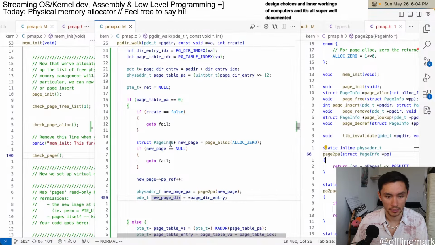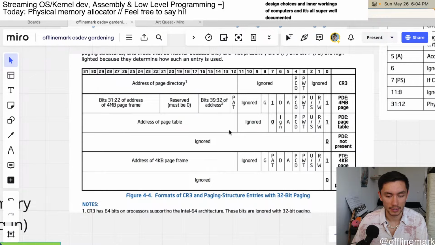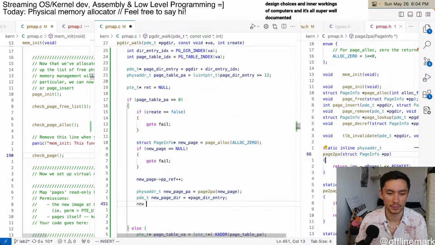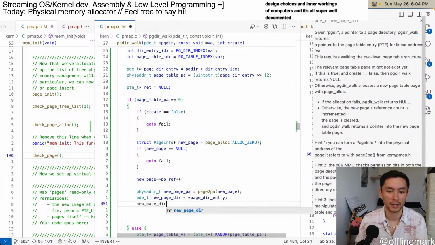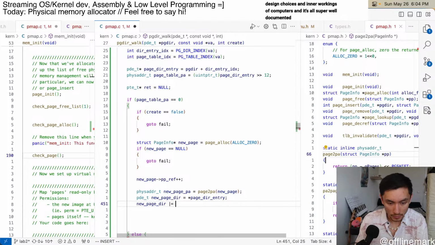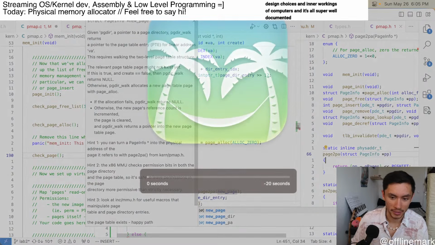It's from the page allocator. And I'm trying to assign this thing into this field. So it's going to be something like new page dir OR equals, and it's going to be like new page,